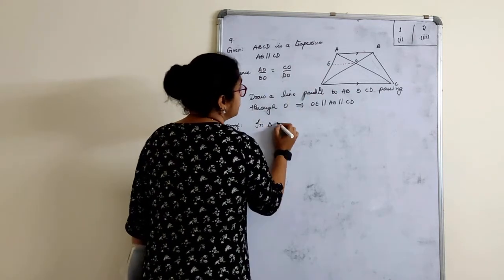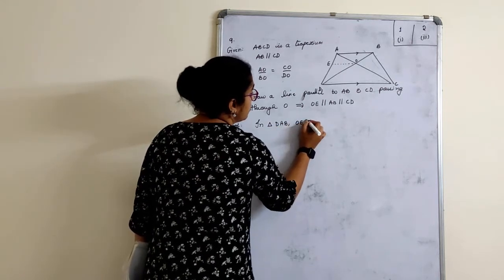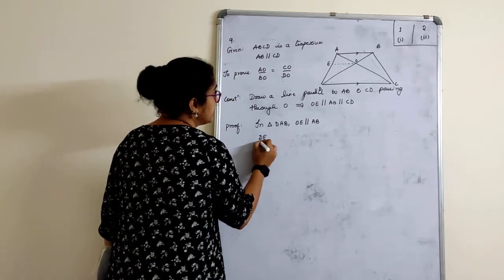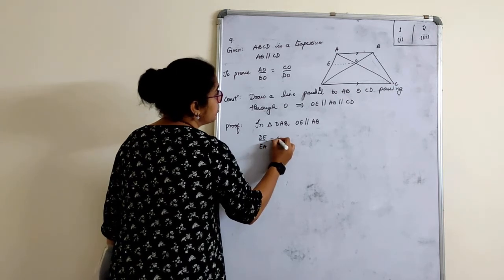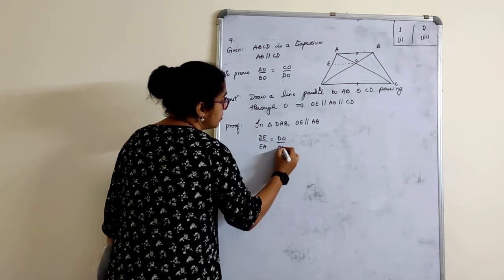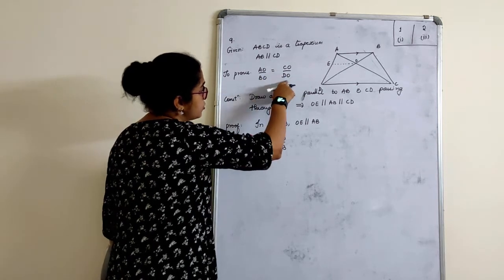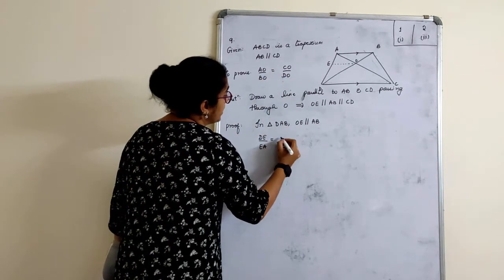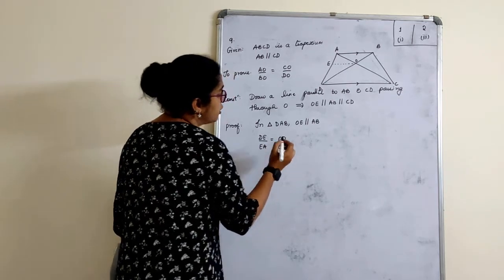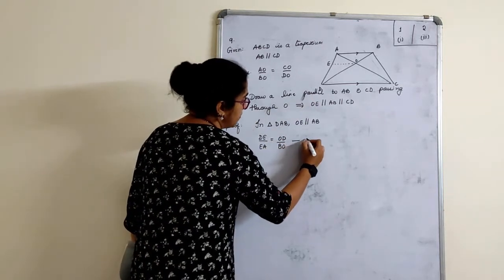In triangle DAB, I can say OE is parallel to AB. So how do we write this? DE upon EA is equal to DO upon OB. Okay, so we will choose this, children. Here OD is given, so we will mention OD only, and here BO is given, so we will mention the same part. That is OD we will write and this we will write. Equation 1, that is BPT.